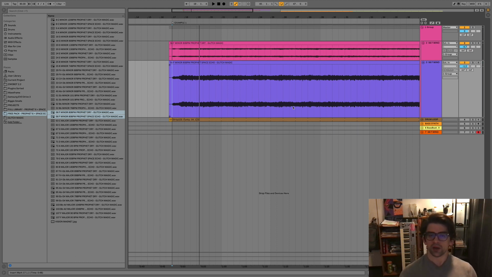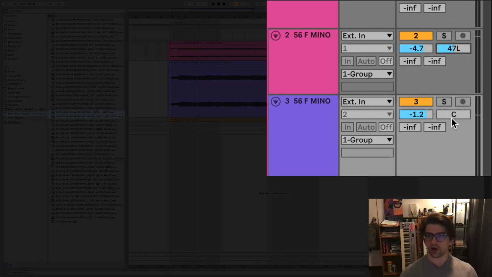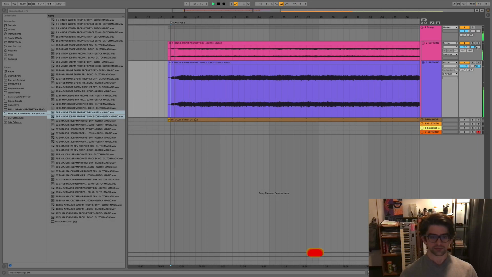They're going to be on top of one another, and there's no sense of space. So the first thing I would recommend trying is just pan them totally apart. Hard pan 50-50 each side. And listen to this. Much more of a greater sense of space, I would say, and you get the stereo interplay between the 2